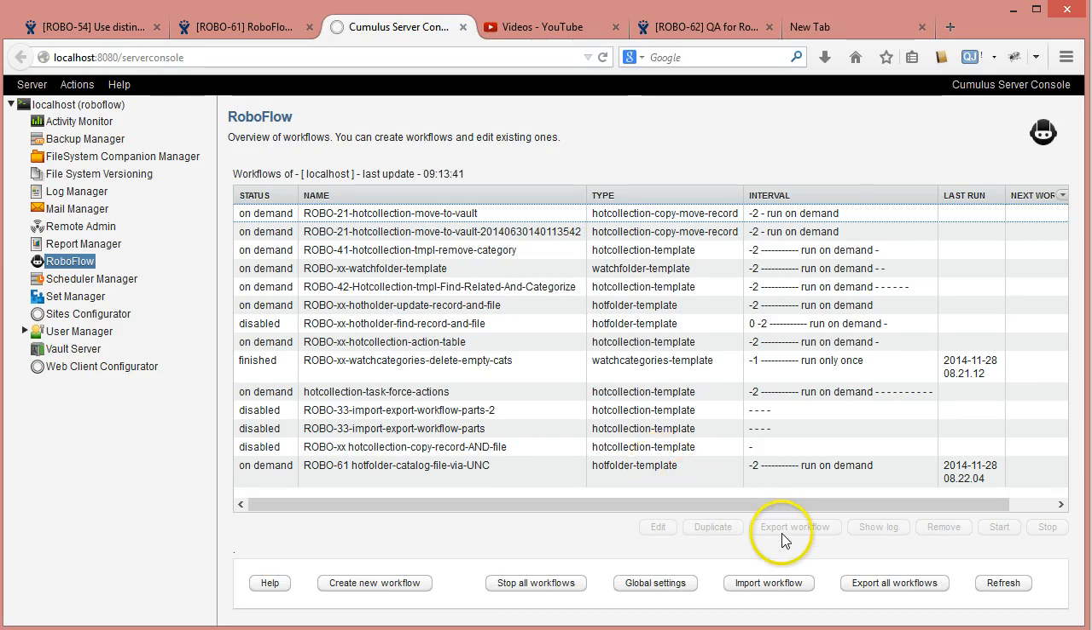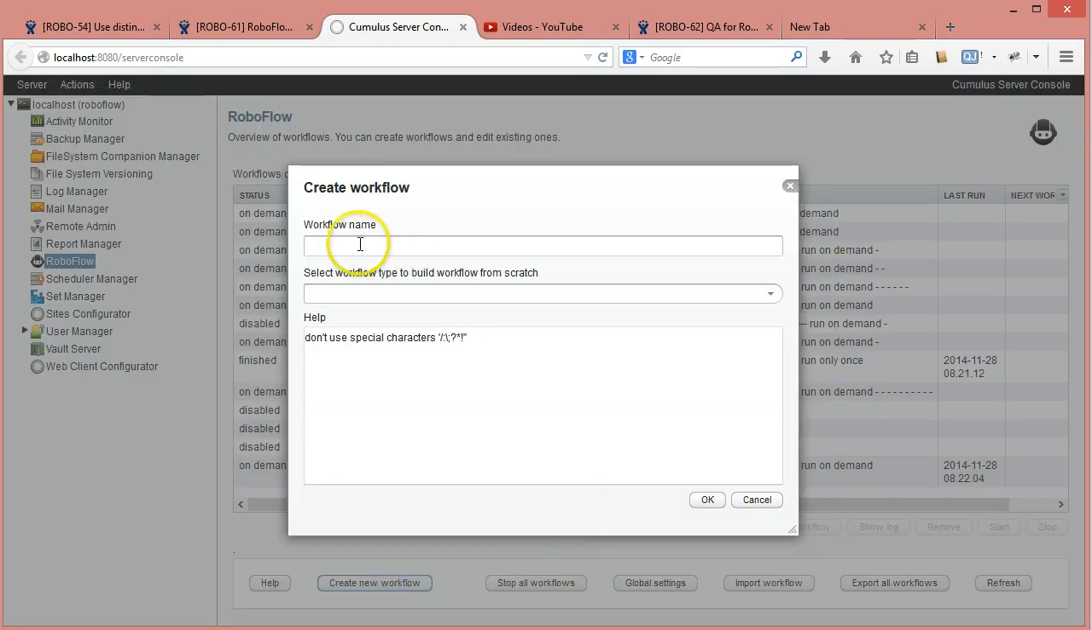First of all, let's start with create new workflow. You will notice that in create new workflow there is no longer the ability to select the pre-built Cumulus 8 style workflows. You can still use them if you have them. They're backwards compatible with this version, but you are no longer allowed to select them. The reason for that is that we want to phase out